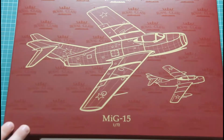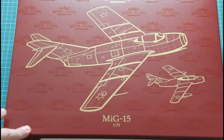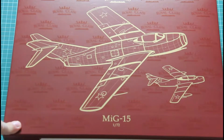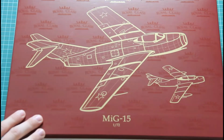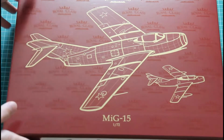Moreover, you can see that now it features this nice design which we saw before on the Avia B-534 Royal Pack. So, this is a quite typical Royal Pack which features plenty of marking options. I think they're available like 15 marking options for the simple MiG-15 and UT version of the MiG-15. And it's also not a dual combo, it's a quattro combo, which means that you can build 4 different airplanes out of this one box. Moreover, as I said, there will be some bonuses inside, you will see it further in the review, so let's open this top opening box